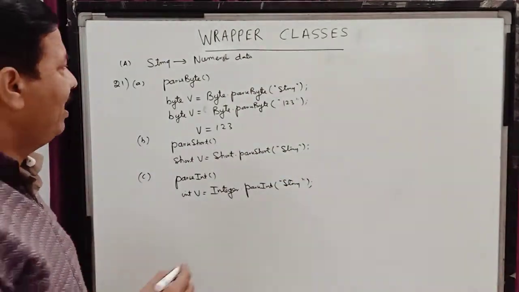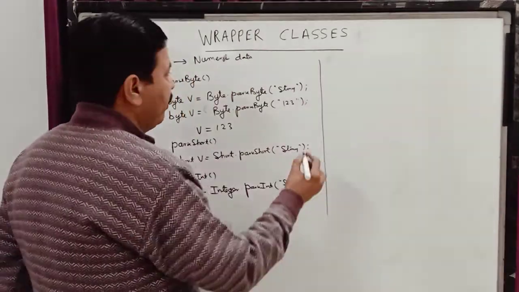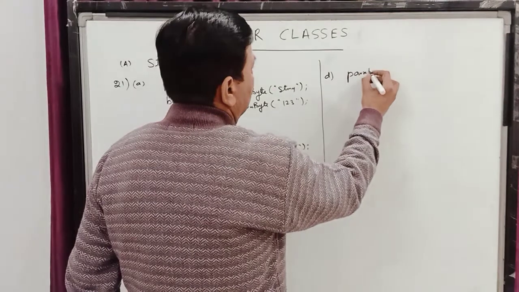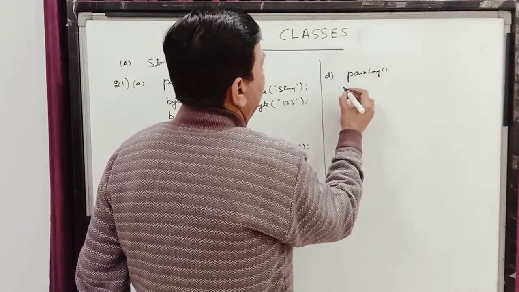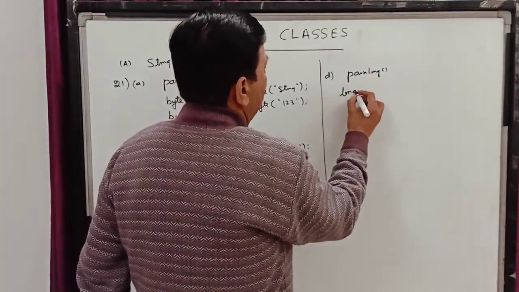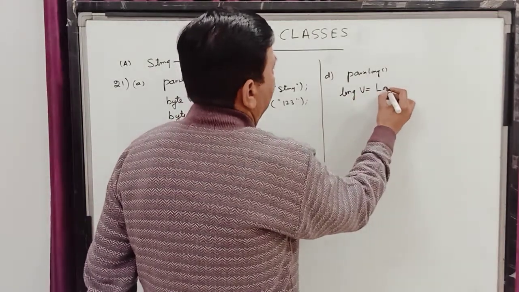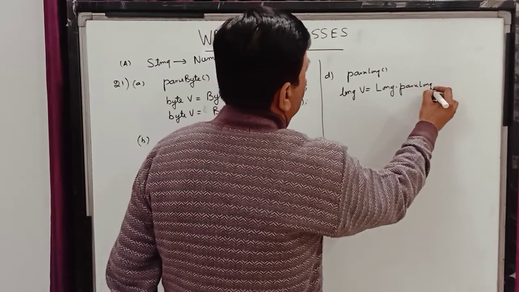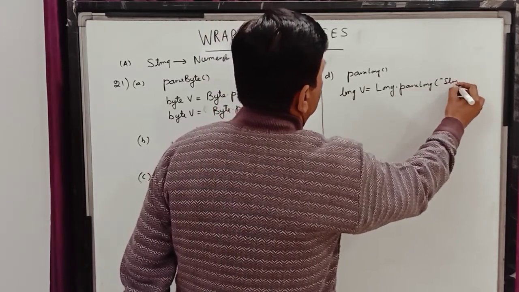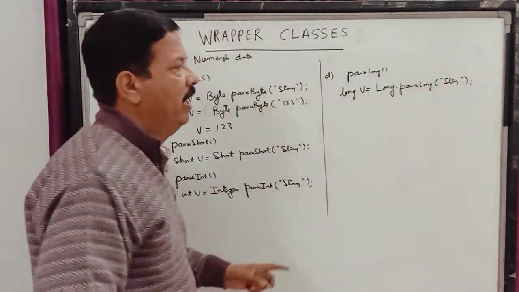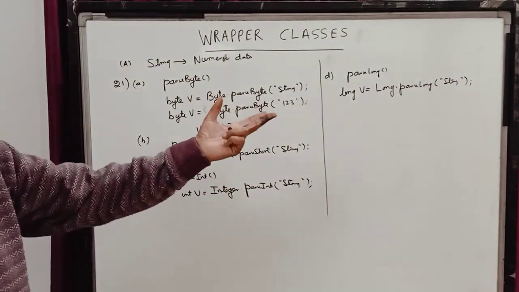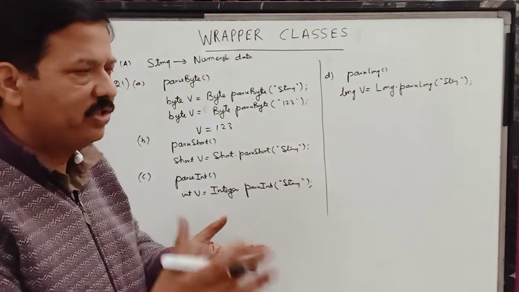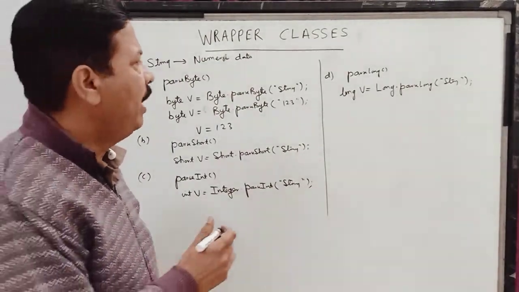Then, children, we have other functions also. This is C. Then we have D, which is parseLong. This is going to convert a string into the long data type. So with the wrapper class we use Long.parseLong and a string. It is going to convert my data, which is stored as a string in the argument, into type long. So I am converting my string values to different data types by these functions.